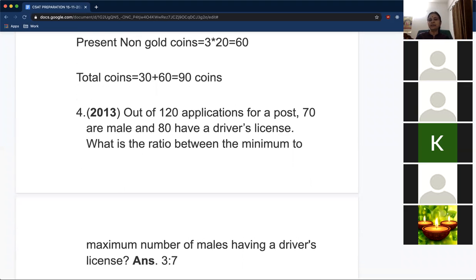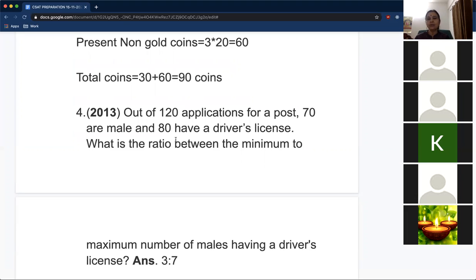2013, this question came. Out of 120 applications for a post, 70 are male. That means both male and female are applying for the post, right? And out of them, 80 have a driver's license. It's not mentioned whether those 80 are male or female. Yes, definitely a few females are also there, because there are 70 male and 80 people having a driver's license,